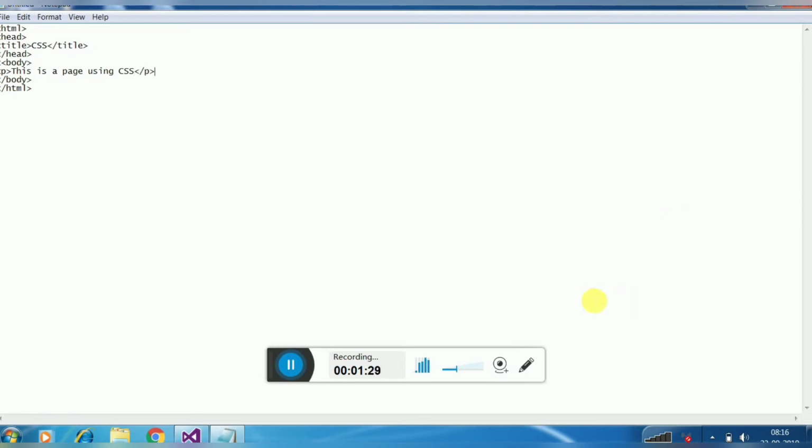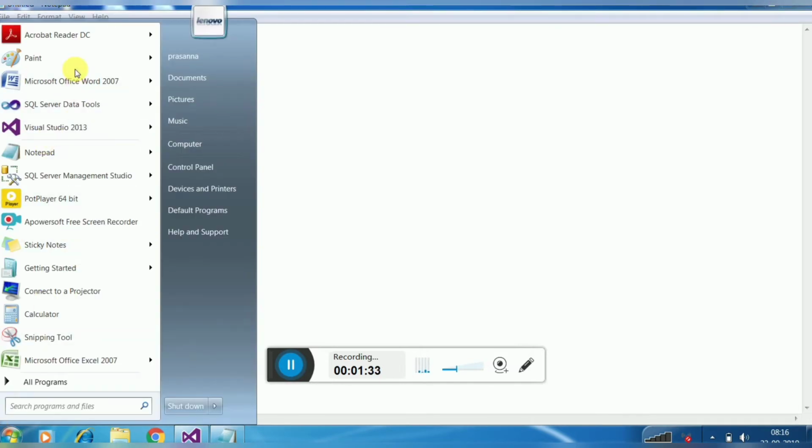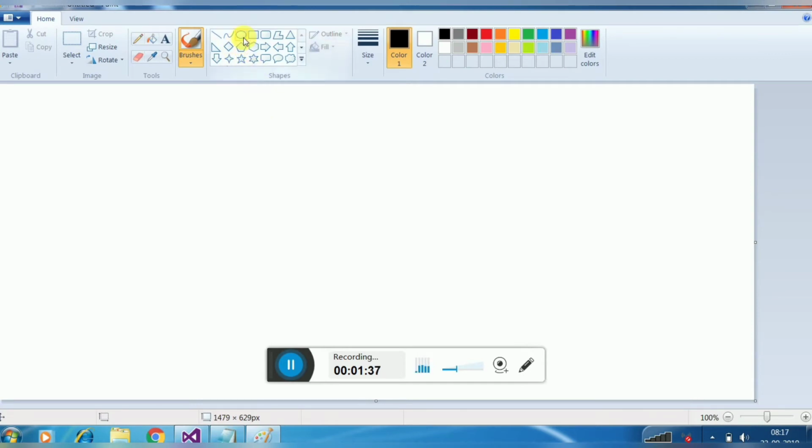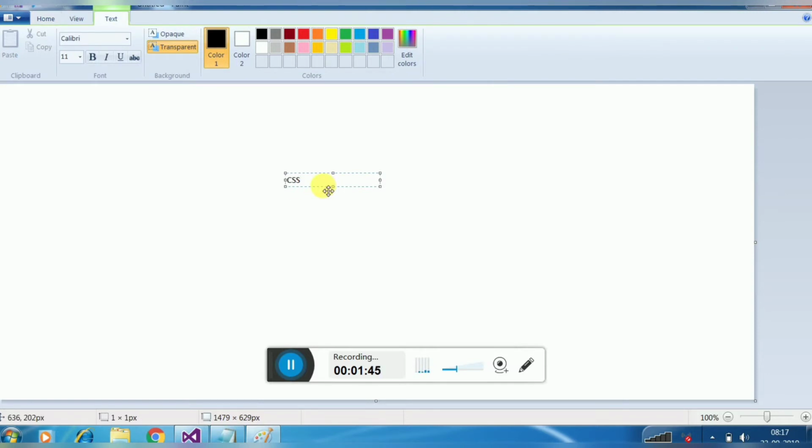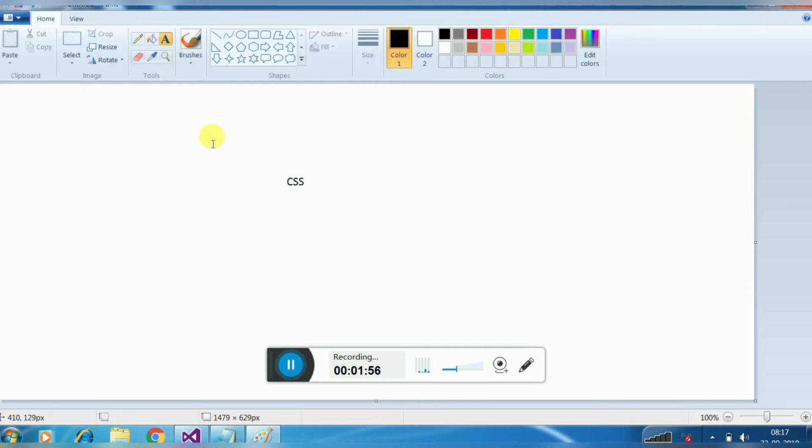There are three types of CSS. I'll write over here.